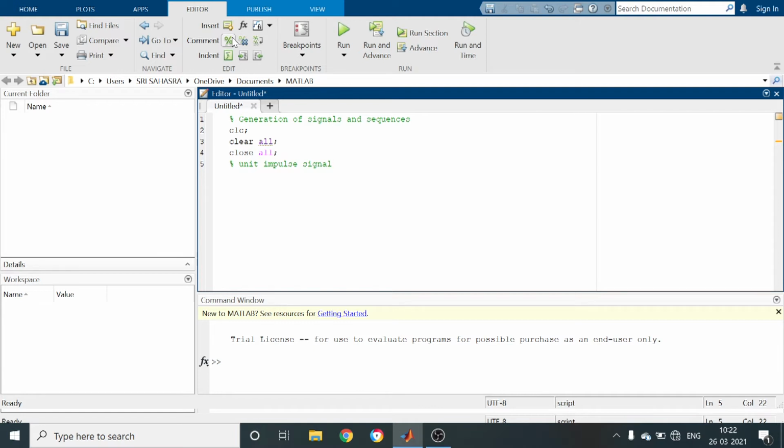Signal here means a continuous time signal. I have to select a time period, let it be t equal to, I am taking the time axis from -5 to 5 with variation 0.25.